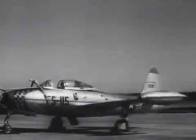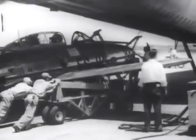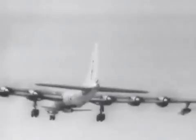However, a later parasite project involving the B-36 was the FICON fighter conveyor concept. This program began in 1952 and involved mating up a Republic F-84 directly underneath a modified Peacemaker. There was no intention of fully consuming the F-84 within the mothercraft. Not until after the aircraft and its parasite were in the air would the fighter pilot enter into its cockpit,